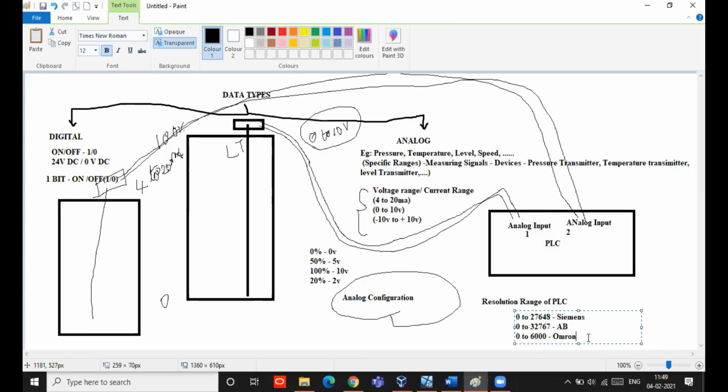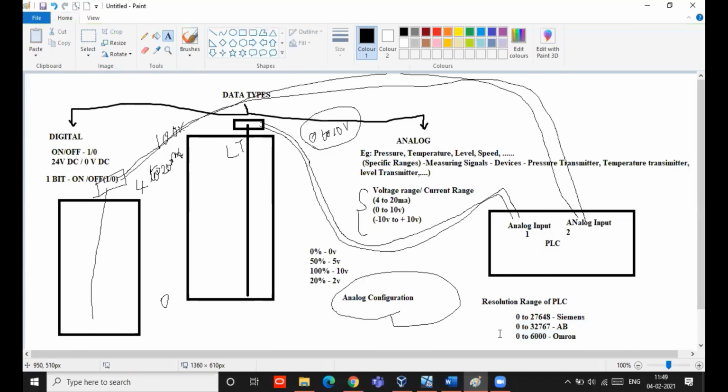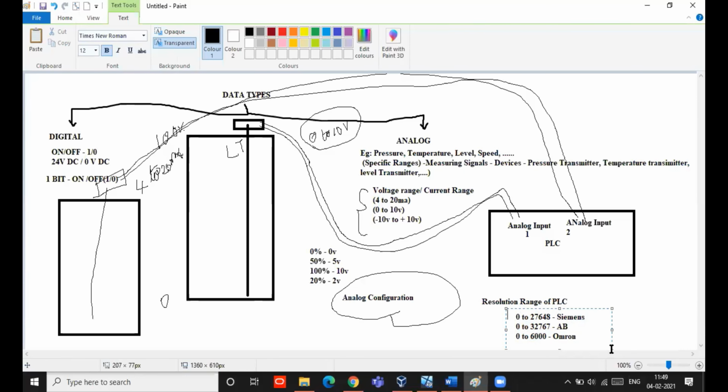So what we have to do with this resolution is that this resolution range has to be taken for conversion. Like I said, if the level transmitter is giving 0 volt, the PLC will take it as 0.